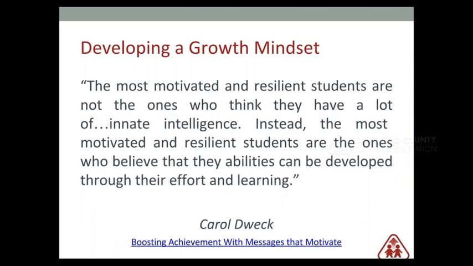And so this leads right into the growth mindset work, and I know so many of our districts in this region are focused on this, and really throughout the country, the notion of mindset, right? We know that giving students grades can actually have a demotivating impact on students. They see the grade and then they shut down. So, from the research of Carol Dweck, we want to motivate students, and we want to have resilient students who don't think that they're either smart or they're not smart. It's not based on some kind of innate intelligence. We want students to understand that they have abilities and capabilities, and those are developed over time.